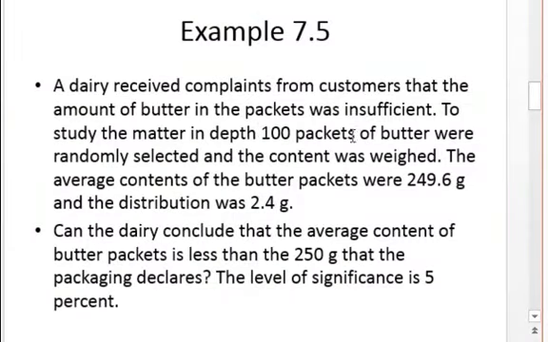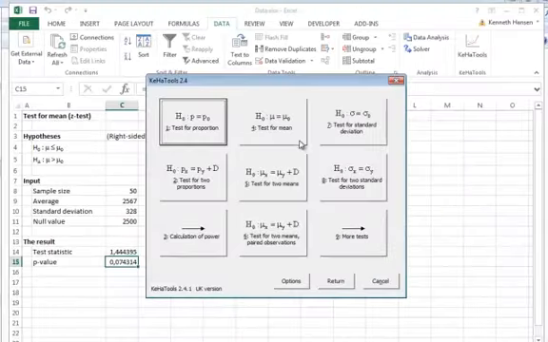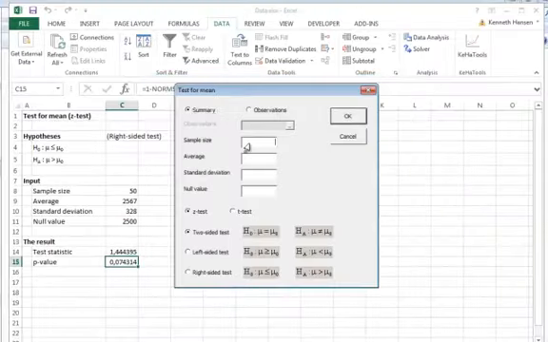In the next example, we have a sample of 100 and some observations, and we test again for a mean. Sample size would be 100, average 249.6, standard deviation 2.4.